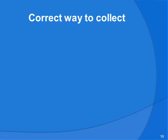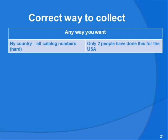So what are the correct ways to collect stamps? And the correct way to collect stamps is any way you want. And there are so many different ways of collecting stamps. And I think in our club, everybody collects stamps slightly differently. There are many, many different ways that people do it. So the first thing you might do, and this would be when you got for Christmas a pre-printed album with spots for every stamp,